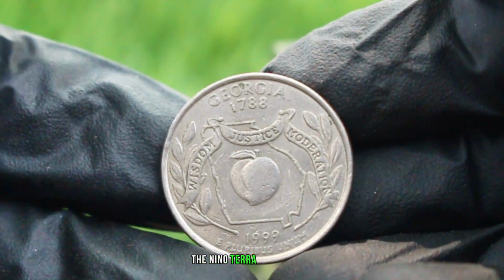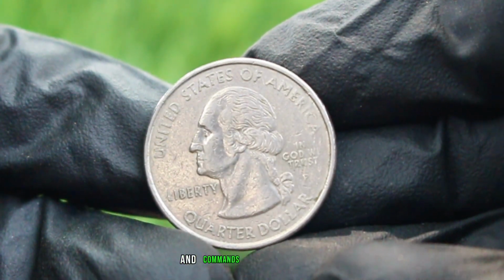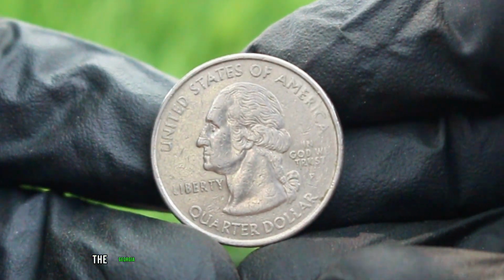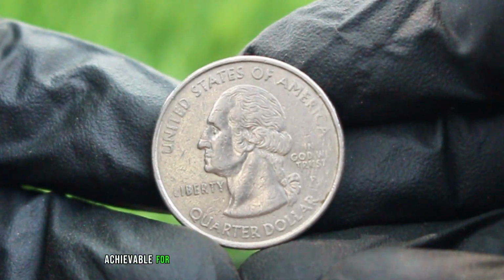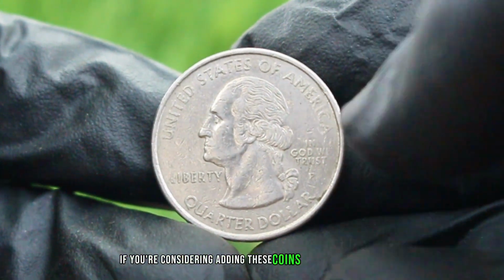The Nina Otero Warren coin stands out for its modern celebration of a pivotal figure in American social history and commands impressive prices due to its cultural significance and limited mintage. Meanwhile, the Georgia quarter remains a cornerstone of the state quarters series, with remarkable values achievable for coins in exceptional condition or with rare errors. If you're considering adding these coins to your collection,